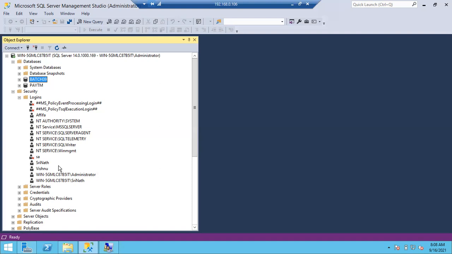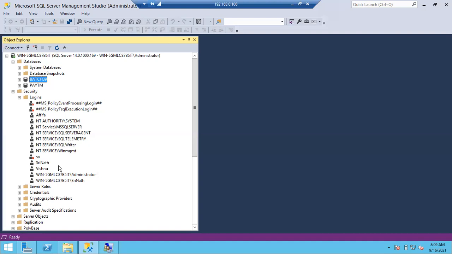Imagine 30 people are there. Imagine not only DBA users, developers are there. I have a development team with like 30 members in the team. Everyone needs the same permissions on the same databases. Why? Because all are developers only, right? All should have the same access. So in such a case, instead of creating 30 logins in the SQL Server, I'll ask them to create a Windows level group login.